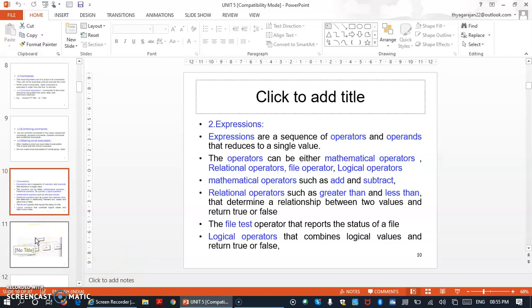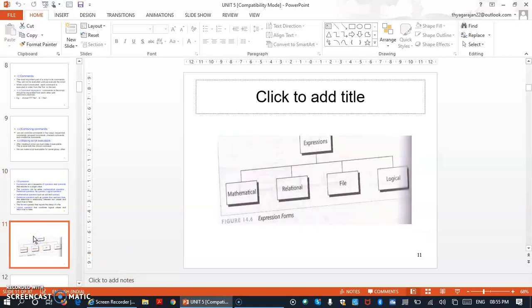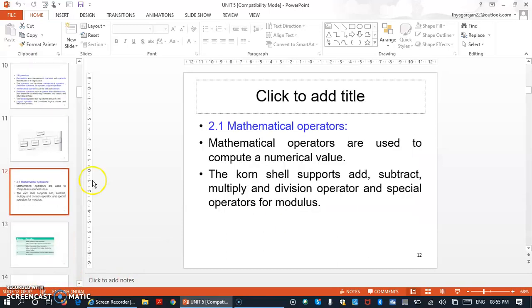So this is about expressions, and then we need to remember the different types of expressions and operators. Coming to the expressions, I already discussed them in the previous slide: mathematical expression, relational expression, file expression, logical expression. All these are 4 expressions, right?